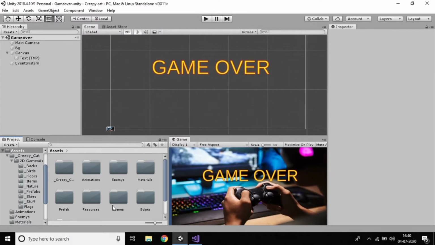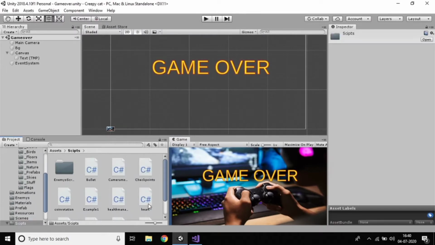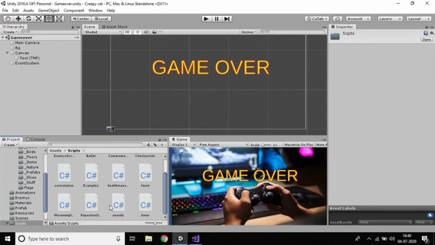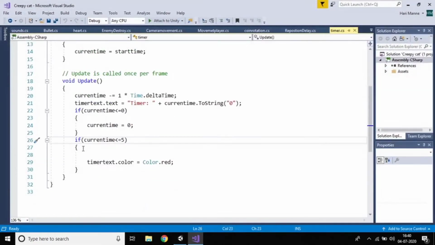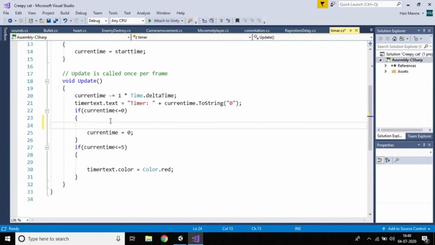Now if my time is up, then I'll get the game over scene. For that we have a simple trick. Just open the timer script. If your current time is less than or equal to 0, then you will get the game over scene.